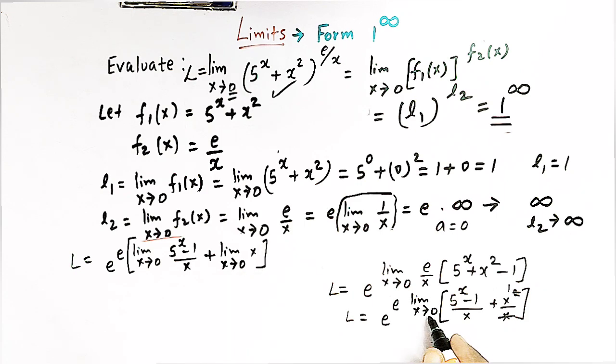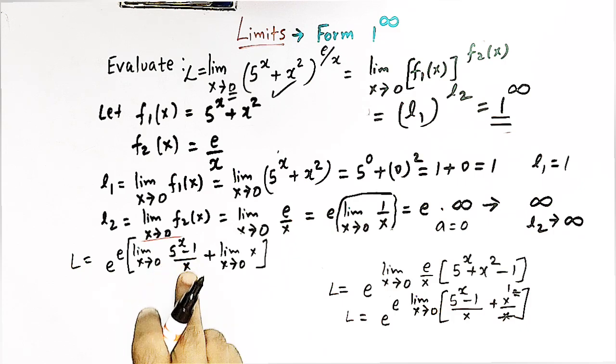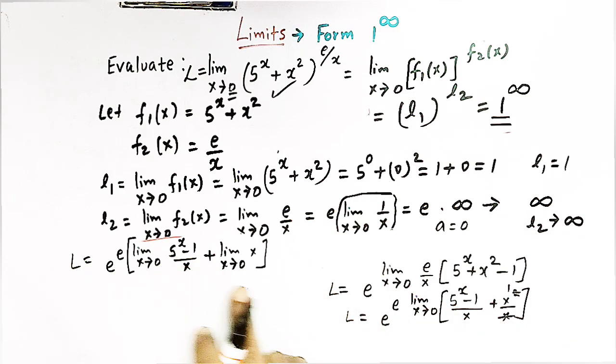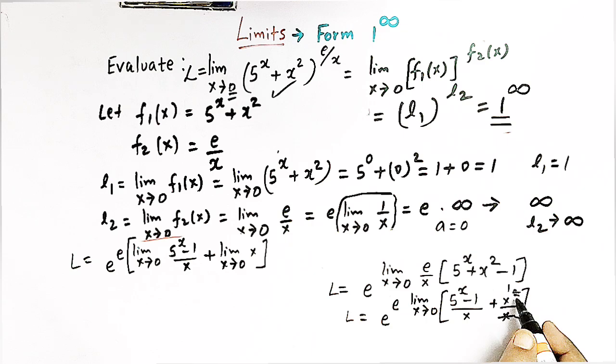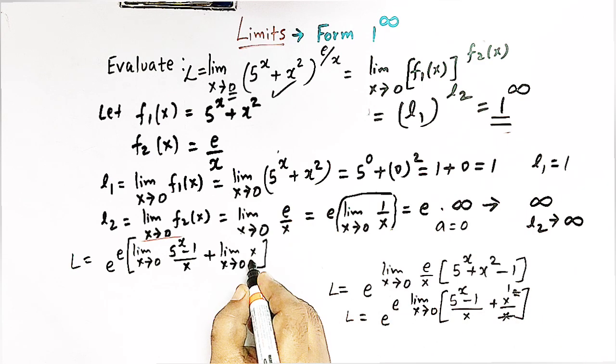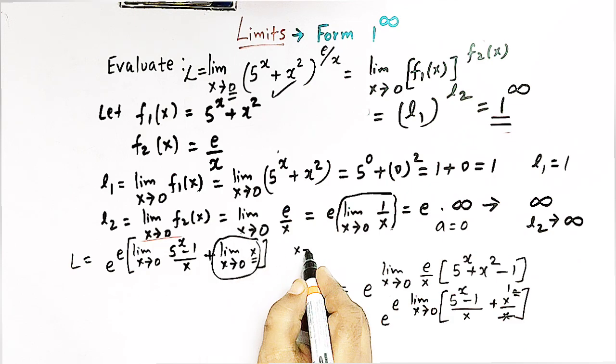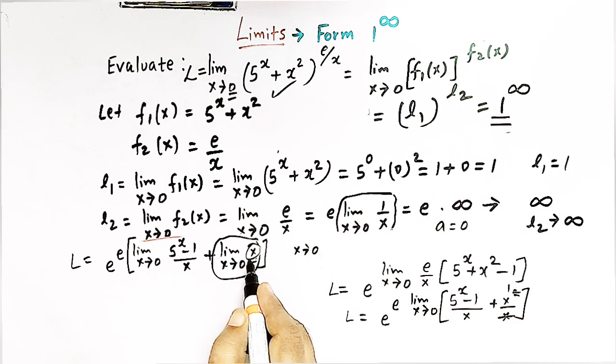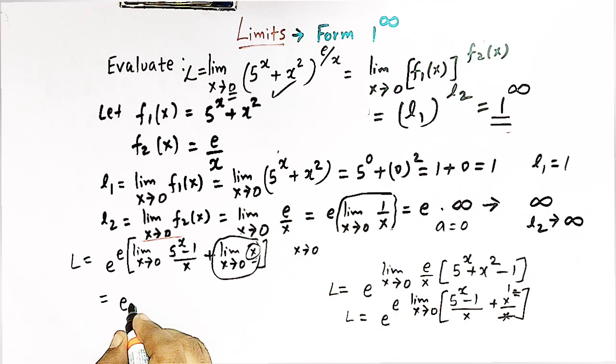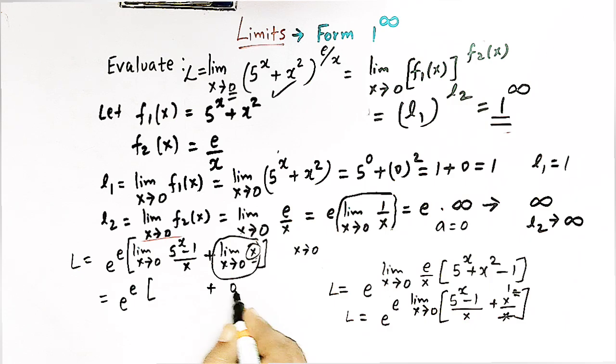So what we have done here, we have taken this limit notation to these two terms. So we have limit x tends to 0 of (5 raised to x minus 1) over x, plus limit x tends to 0, and here we are left with only x. So here we have simply x. Now this limit is equal to 0, because when x tends to 0, then this x also tends to 0. So we have e raised to e, and now this limit is equal to 0, and this limit is simply